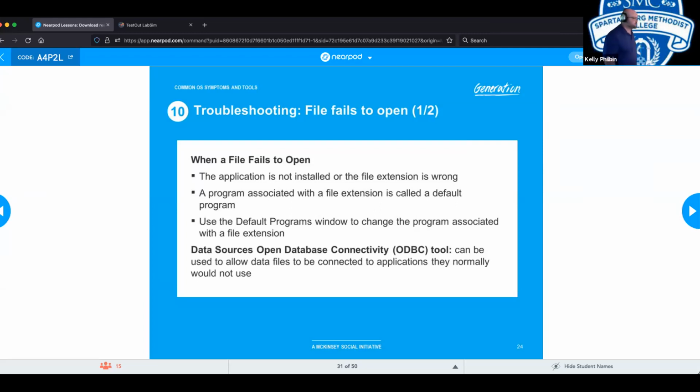Now, you also can use the data source open database connectivity tool, which will allow data files to be connected to applications they normally would not use. So you can force it to connect to specific programs. Like if it's a picture, you can force it to be opened in Paint or something like that, rather than opening up in